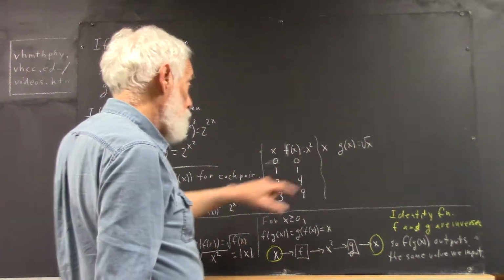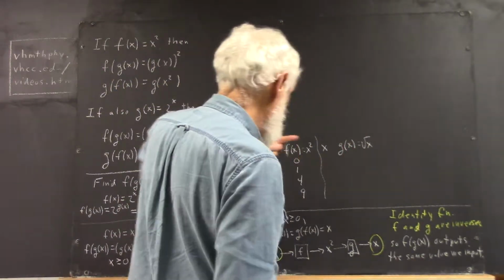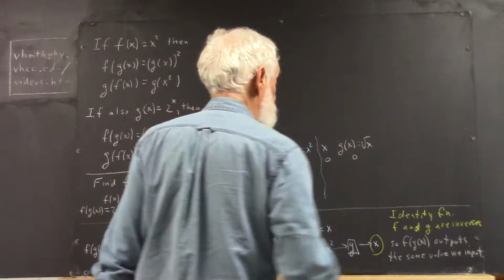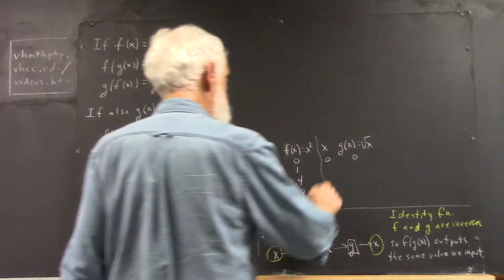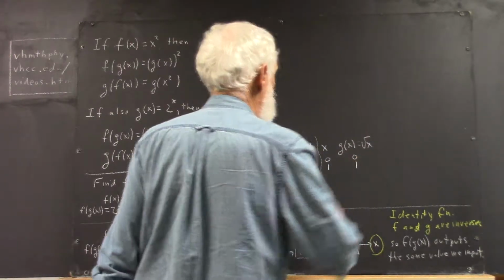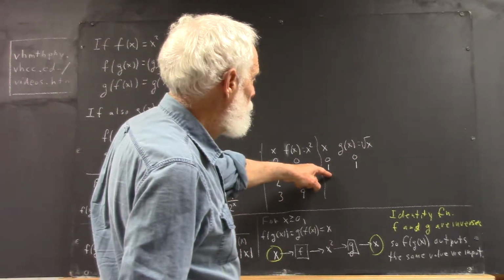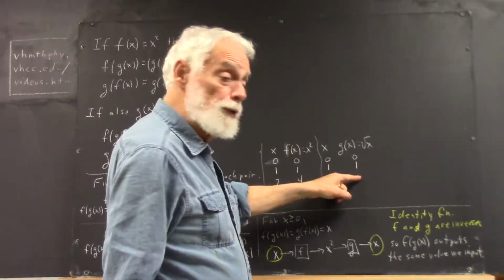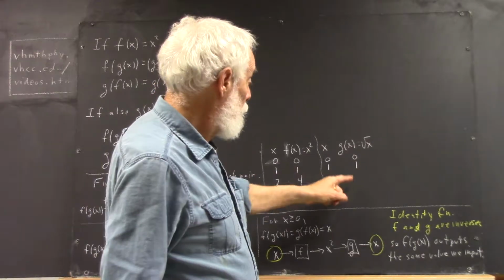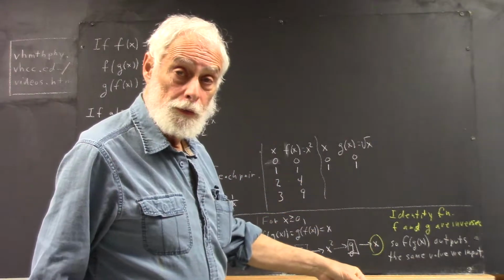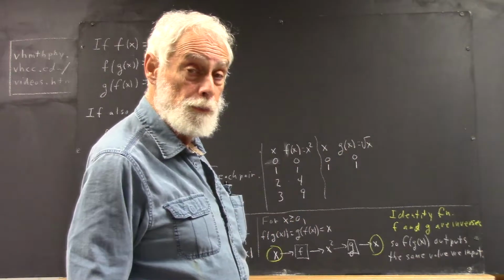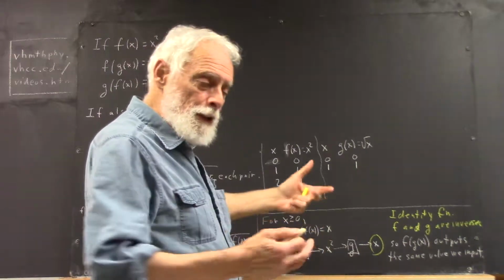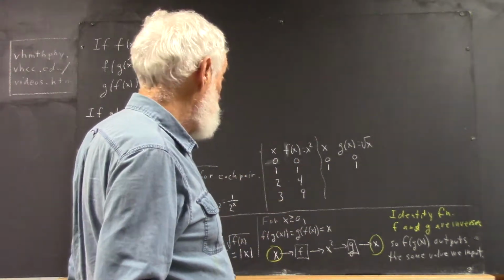Now, we can put x values into the g of x and do square roots. Okay, if x is 0, well, the square root of 0 is 0. If x is 1, the square root of 1 is 1. Now, we might be tempted to put down 2 for x here. I'm not that tempted, because I don't know what the square root of 2 is. I can't write down the exact value of the square root of 2 except to just write down square root of 2. Now I know approximately what it is, and that's actually good enough to give me a pretty good approximation to the graph,